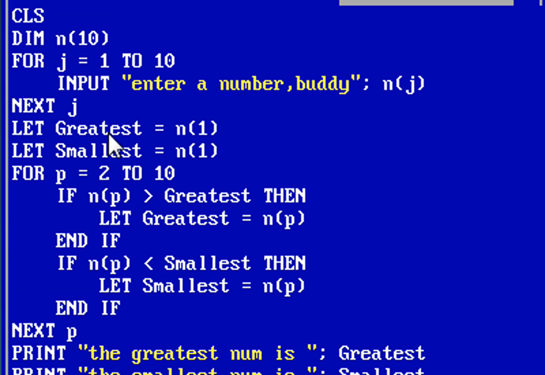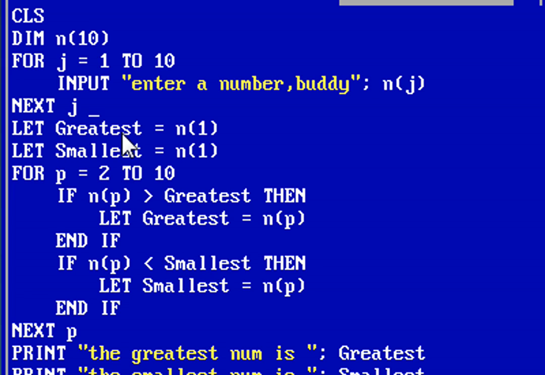Then these two statements will say that the greatest number is 7 as well as the smallest number is 7. Since we don't know what numbers we are going to input in future, we assign this particular number as both the greatest and the smallest.